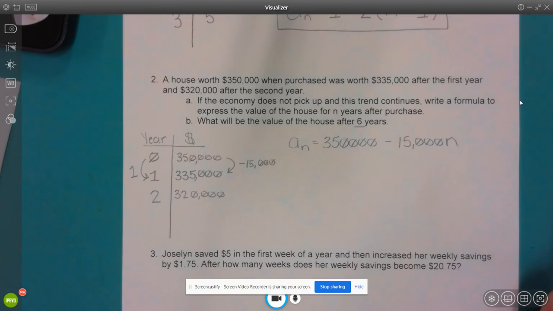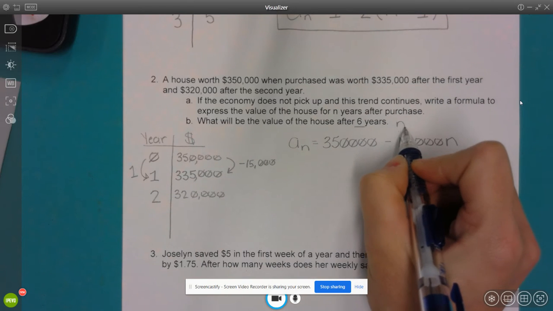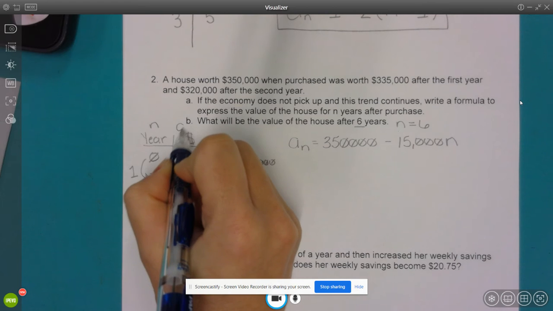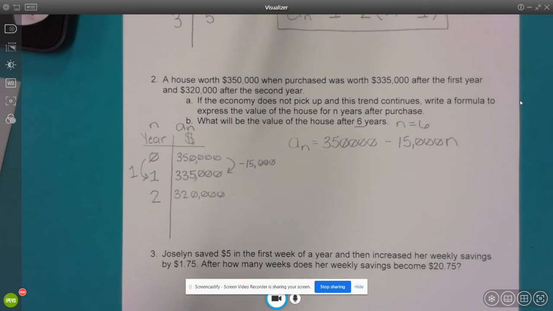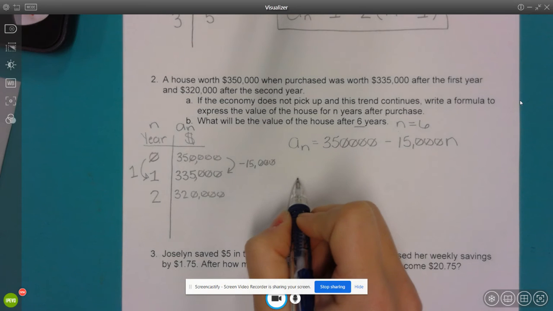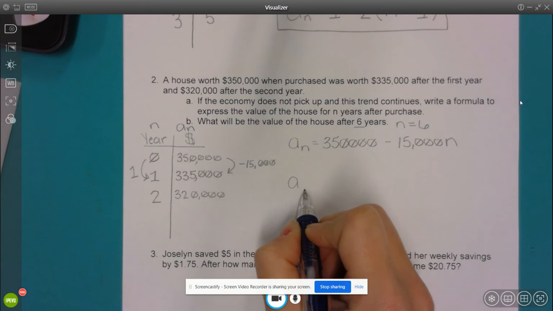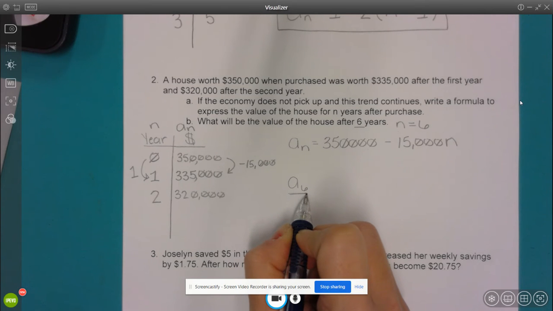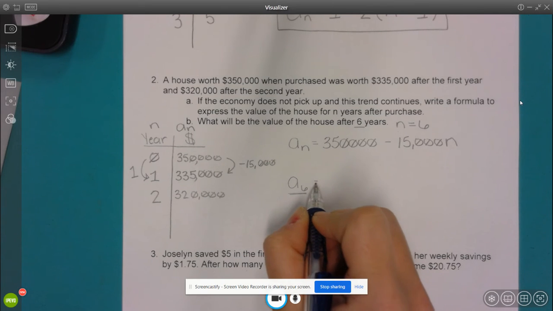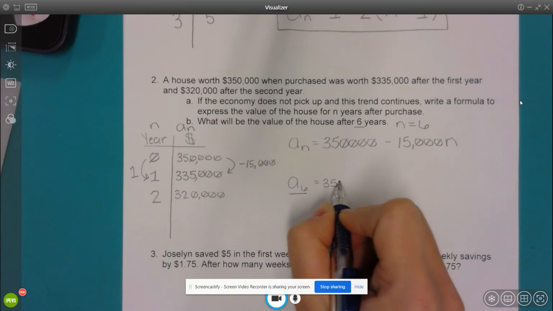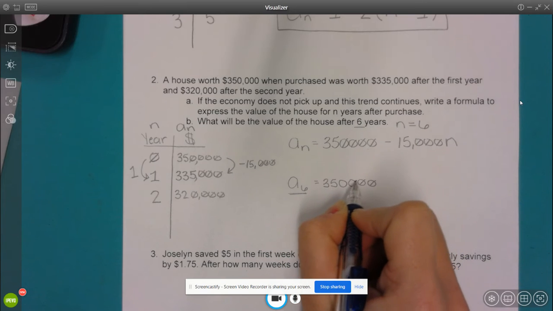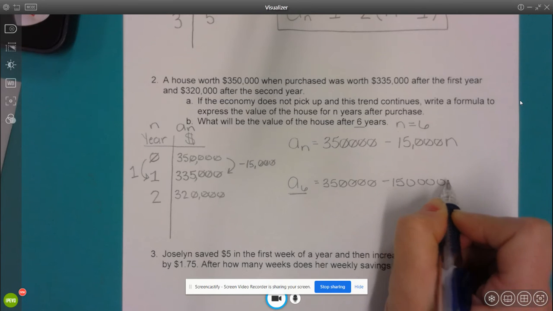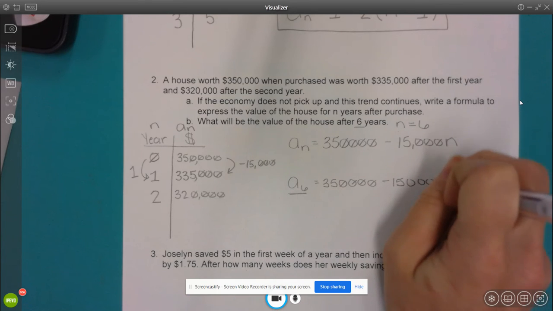Then I have to do after 6 years. This means that n is equal to 6, since year is n and money is a sub n, my output. So I'm going to look for the output at year 6. That's what this means right here, the output at year 6. And that's going to be 350,000 minus 15,000, too many zeros,